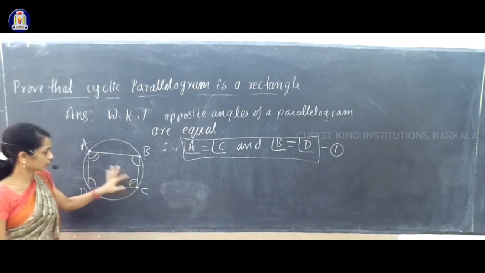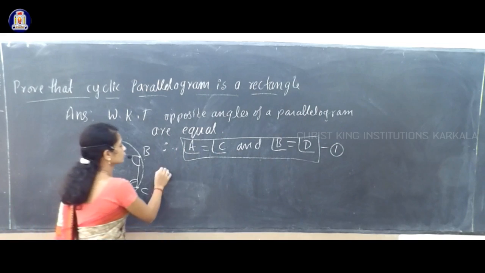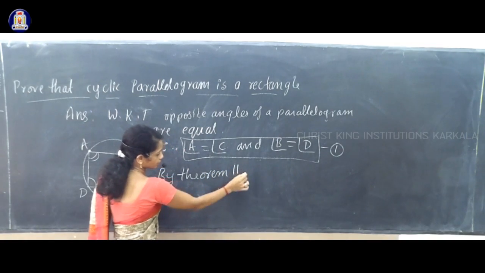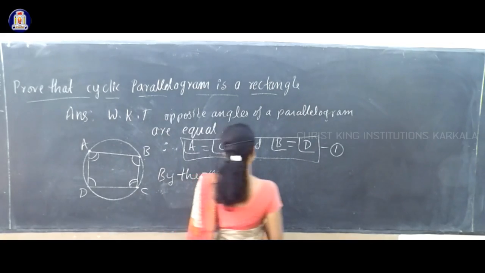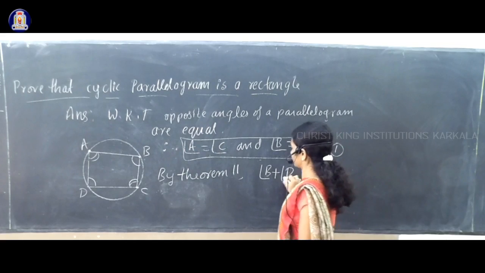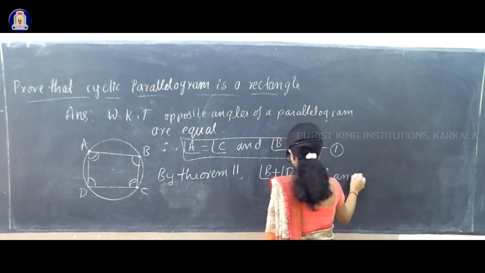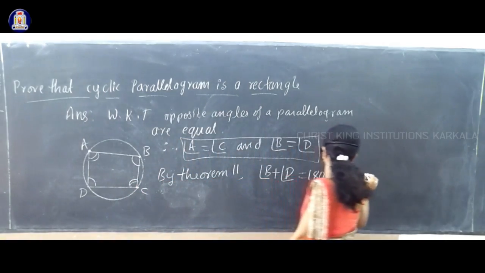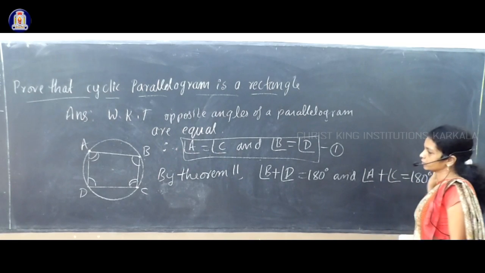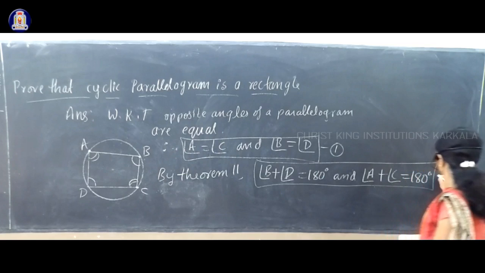180 degrees. Using that we can write the sum of A and C is 180 degrees and the sum of B and D is 180 degrees. So by theorem 11, I will not write the full statement of that, you have it in notes and textbook. So by that theorem 11, we can write angle B plus angle D, the sum of opposite angles, is 180 degrees, and one more pair of opposite angles, that is A and C. The sum of the two angles is also 180 degrees. Angle A plus angle C is equal to 180 degrees, and we take this as equation 2.